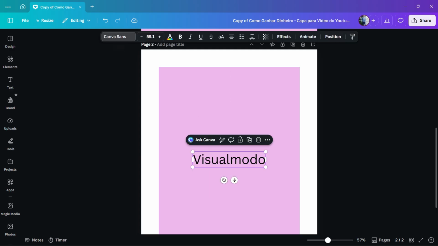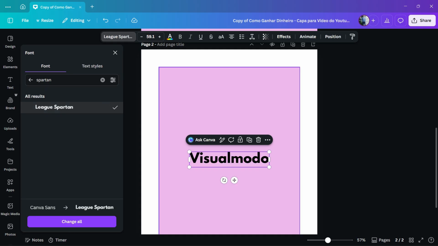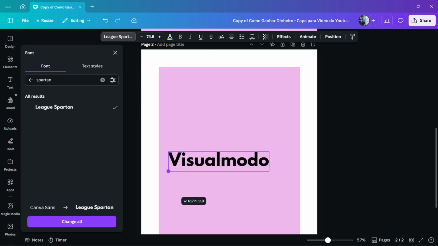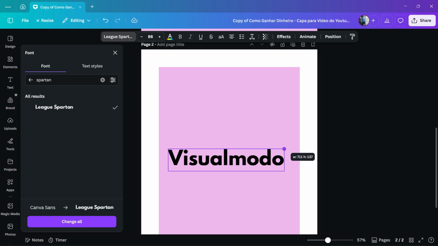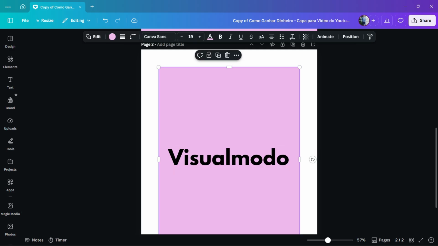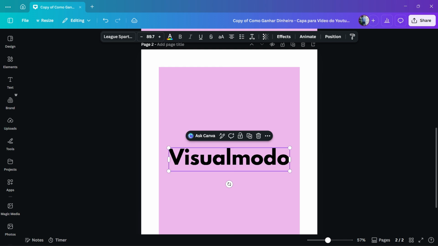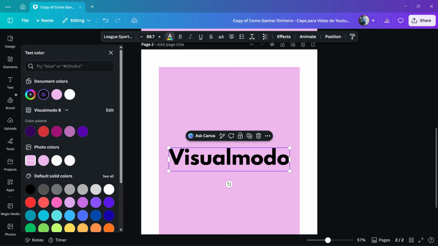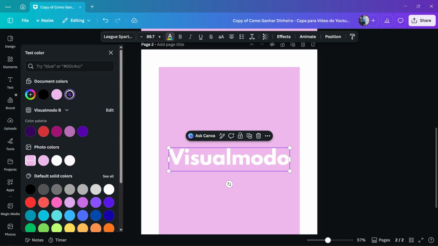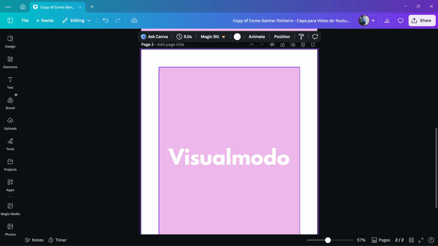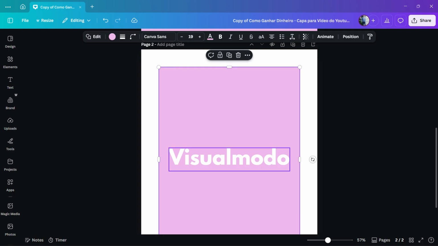You can change the font. I recommend that you use some larger font. This is one example, the League Spartan. Just drop it like this. I think it's okay. Now you need to change the text color to white. Simple, right? Then you're gonna need to